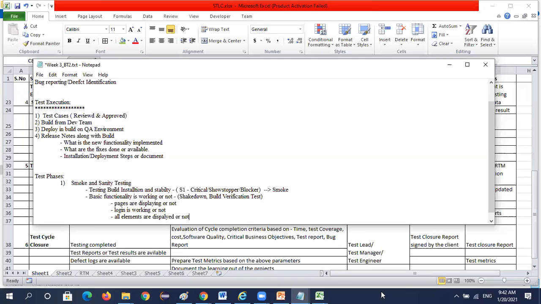And again, you don't verify or validate whether the page has the correct content or the correct mobile. See, in Mi mobile, whether it is displaying Oppo mobile or not, you don't verify all those things. You just see whether the pages are displaying or not, whether login functionality is working or not, and whether all elements, in the sense images, are displaying or not. If any showstoppers are there, you'll verify. There is a small difference between smoke and sanity.